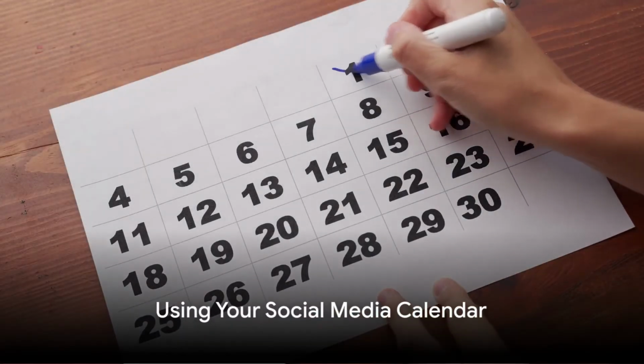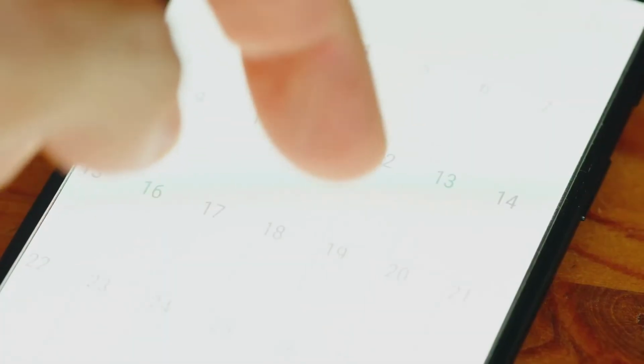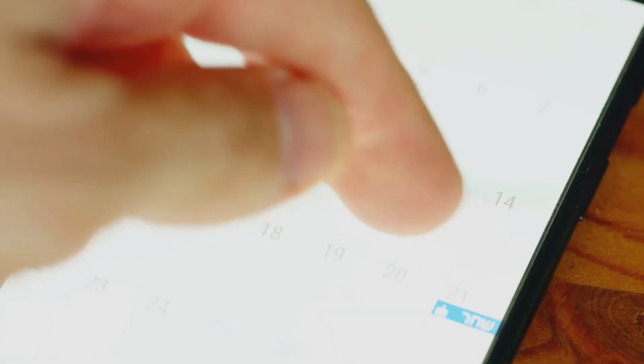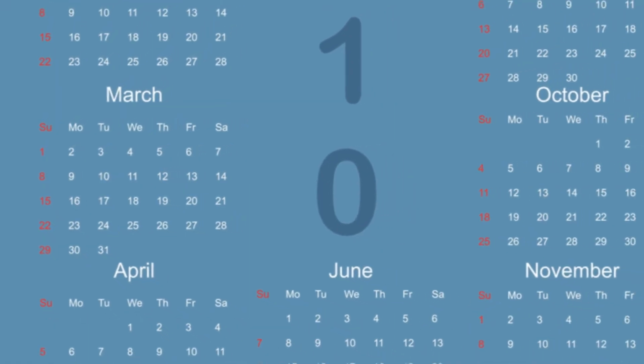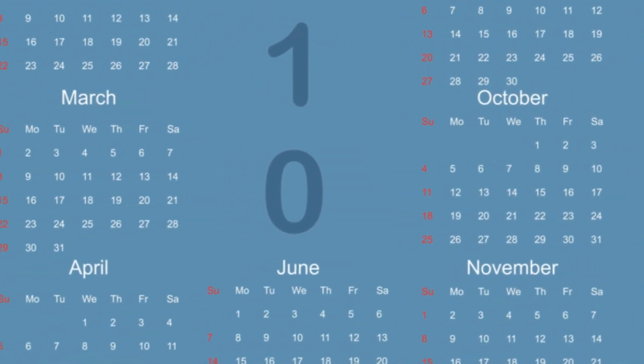Now that you have your calendar, how do you use it effectively? Well, it's simple. This isn't just a static document, it's a dynamic tool that you should interact with daily. Your social media calendar is your roadmap, guiding you through the content journey. But remember, the best roadmaps allow for detours. Each day, take a moment to review your